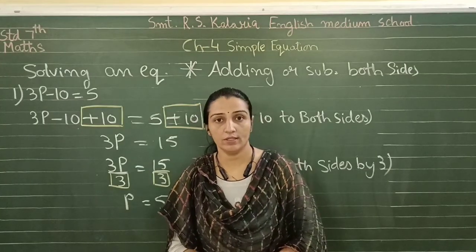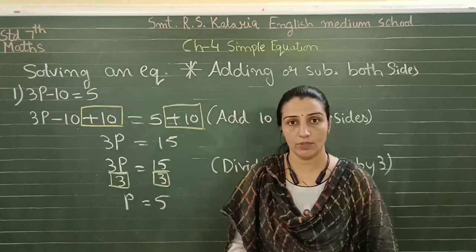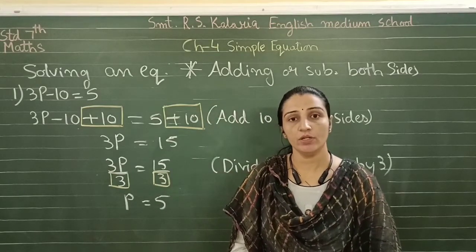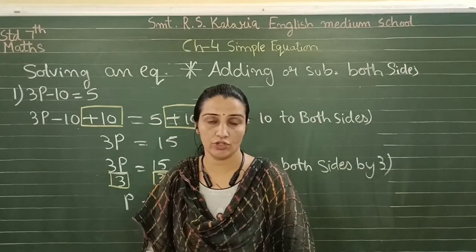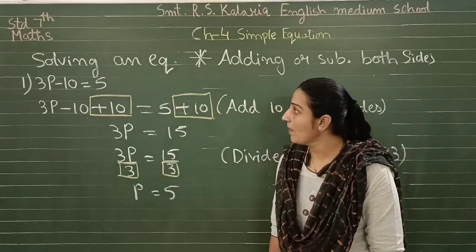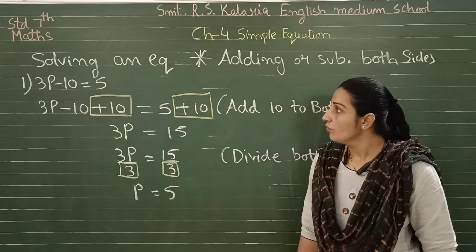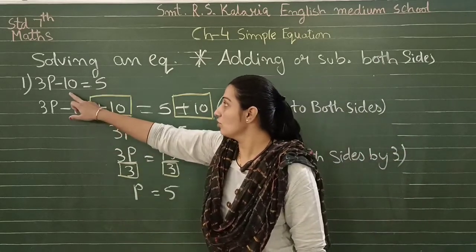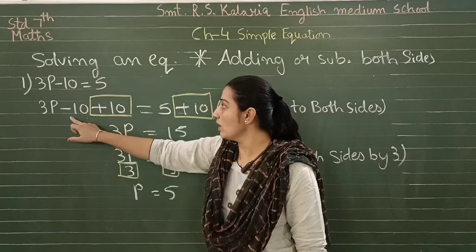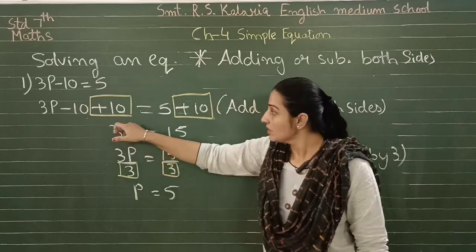Exercise 4.2 is entirely dependent on solving an equation. In this chapter, we have two methods for solving an equation. Here, the question is 3p minus 10 is equal to 5. So, we just have to neutralize this minus 10. To neutralize this minus 10, what I will do is plus 10. So, just I will